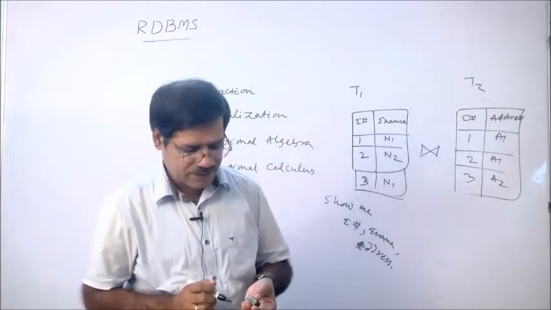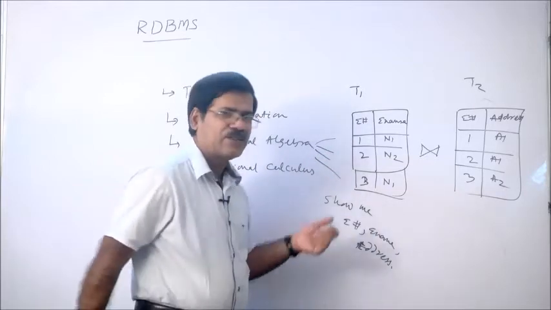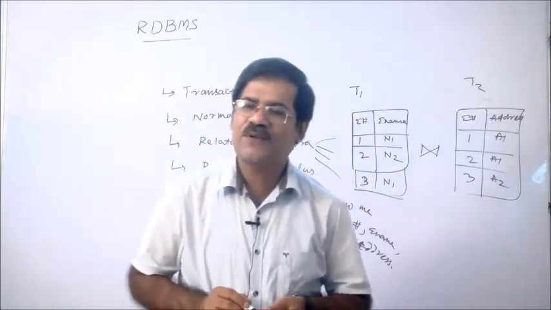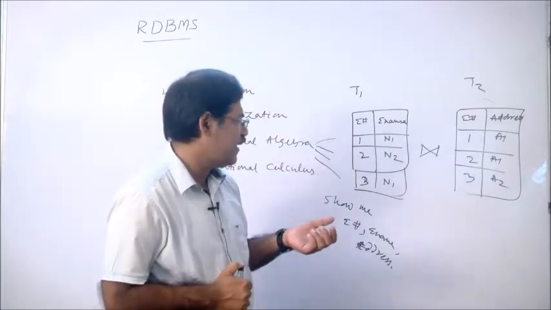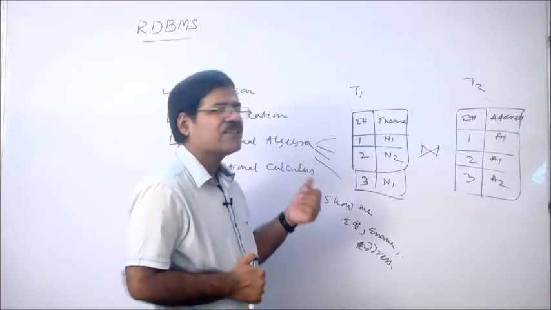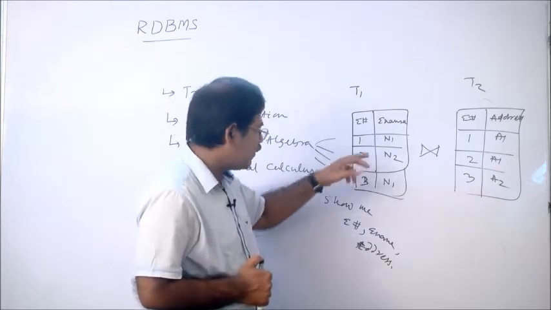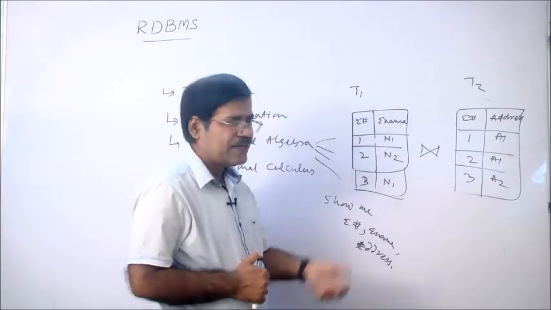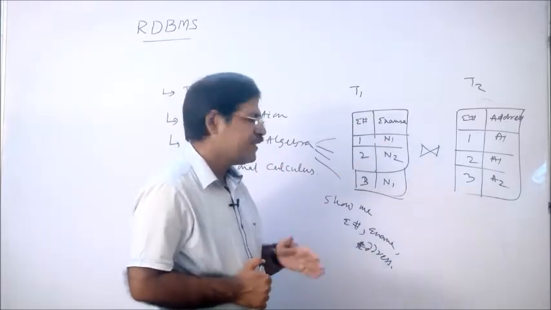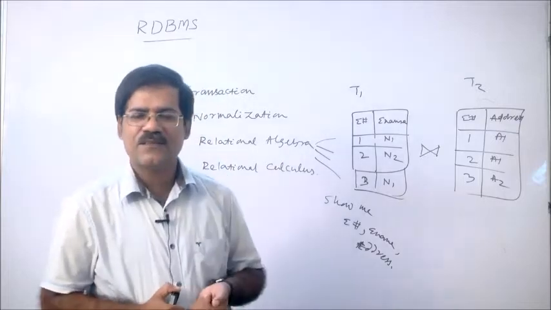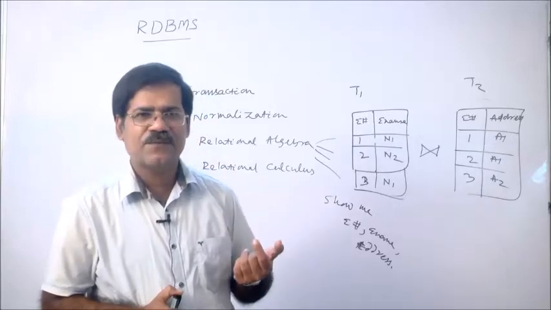So, join is one operation. These different types of algebraic operations are performed on tables by using relational algebra. There are different types of join operations: equijoin, semi-join, theta join, so many join operations. Then the selection operation selects some records, not all the records. I want to select this record only. So, the select operation selects some specified records from the table. Select is one operation, join is one operation, then division, union, intersection, and Cartesian product as well.